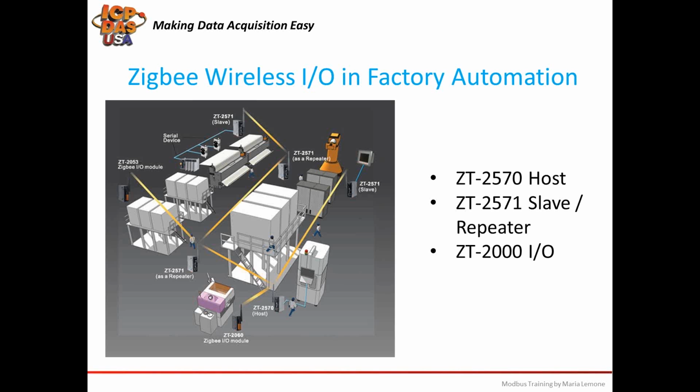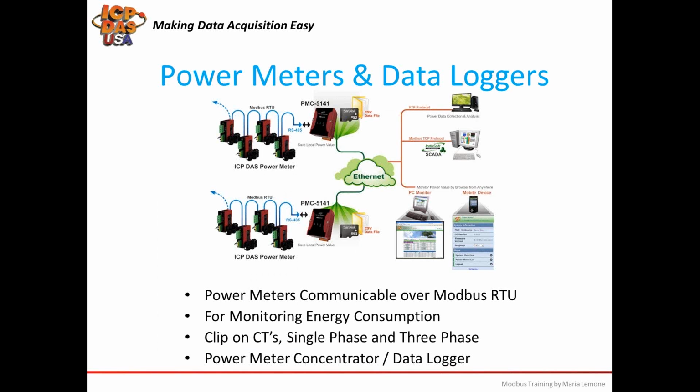To the left of the host converter, you can see a Zigbee I/O module, which can be used to turn things on or off based on conditions. At the top right of the picture, you can see a Zigbee slave converter is attached to a touchscreen HMI, human-machine interface. With it, users can input things like the number of pieces of materials a worker cut with an industrial saw. The image also shows other I/O modules and devices connected to the wireless Zigbee network for providing information